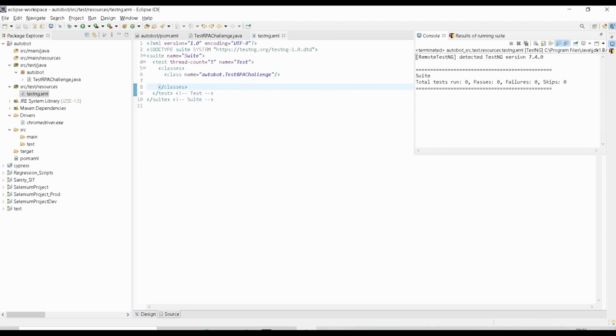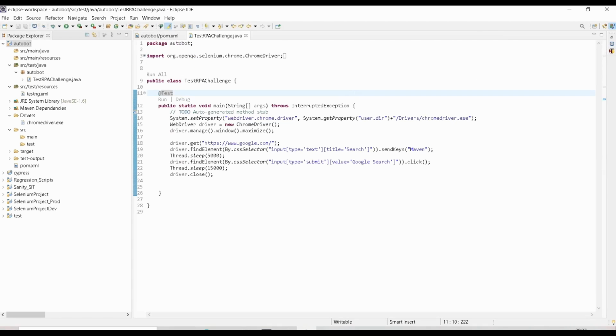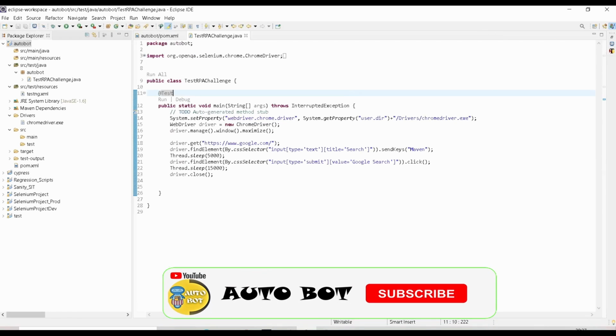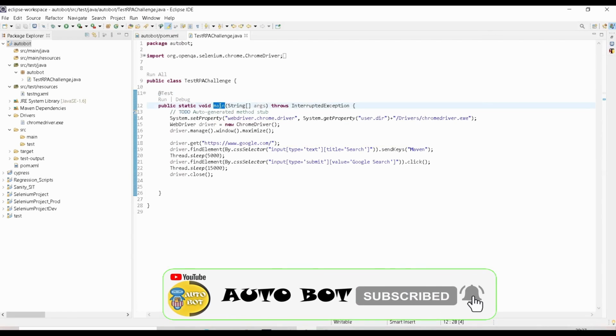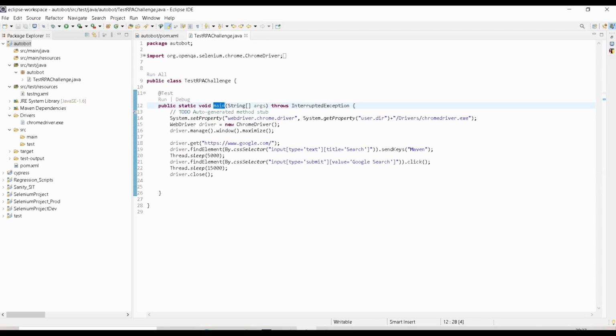What happened? Okay, so here the problem is that we have created the main class and we have written inside that, right? So I'm going to change this name. Let me put it like initialization, and I don't think we need to keep these arguments, so let me remove that.